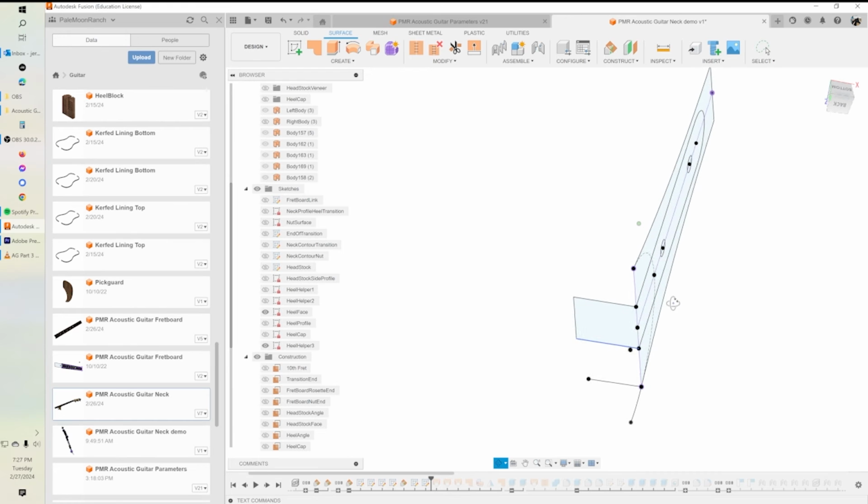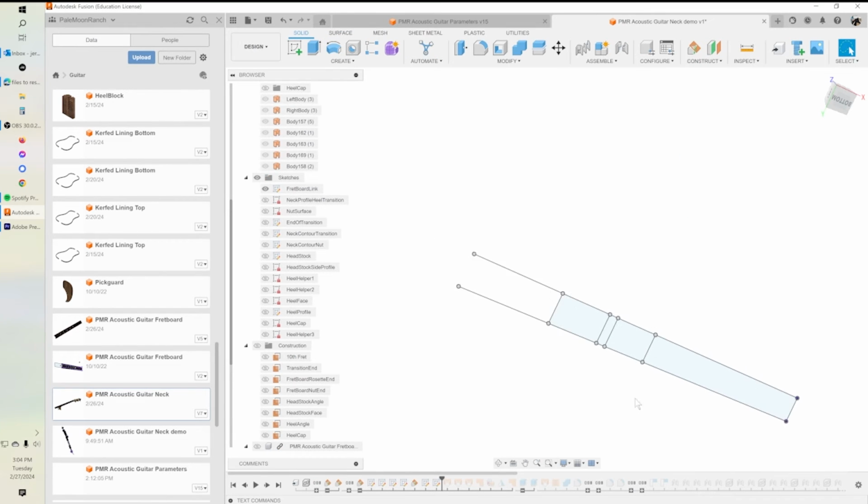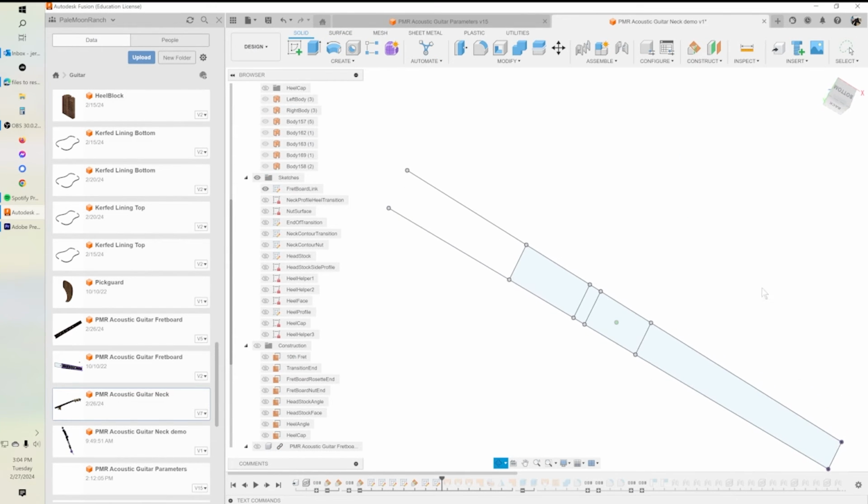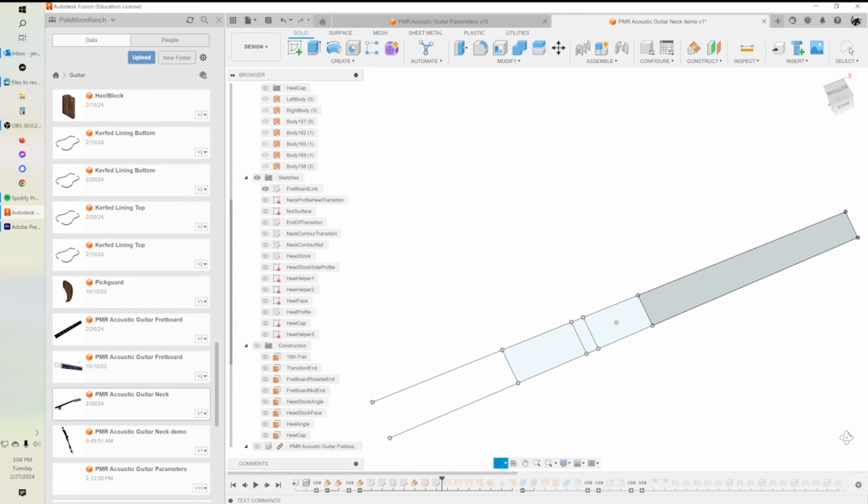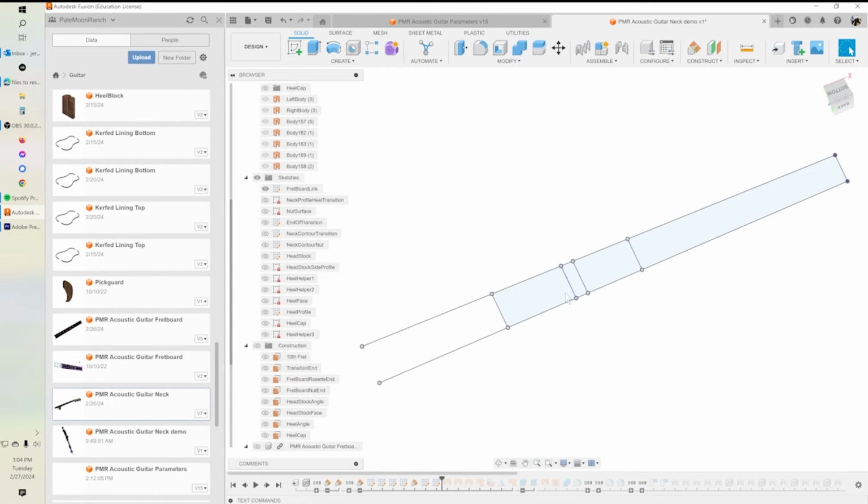At this point, we are ready to start our surface modeling. Now this part follows Austin's video pretty closely, I believe, in how to model this. So the first thing we want to do is